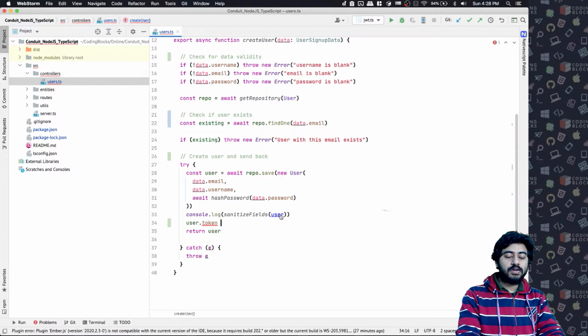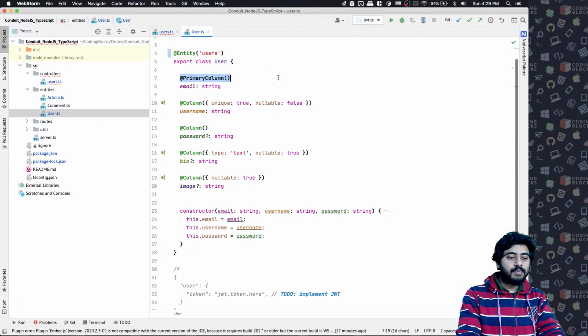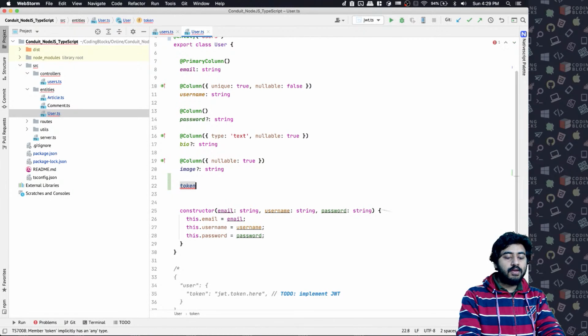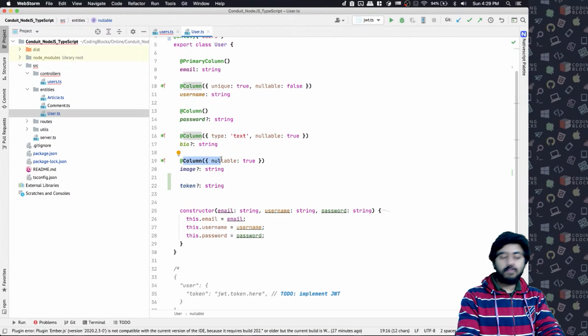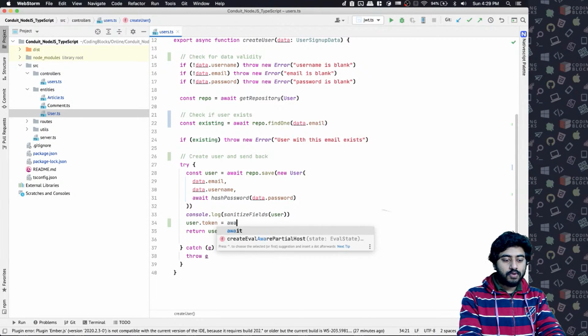So what we can do is go to the user object, and we can add that token thing here. Now you see everything has a primary column or a column or something written like that. For token, I'm not going to write that. Why? Because the token is never going to be saved in the database. So I will not write that token is a column, because in the DB the token will not go. But here what we can do is user.token equal to await